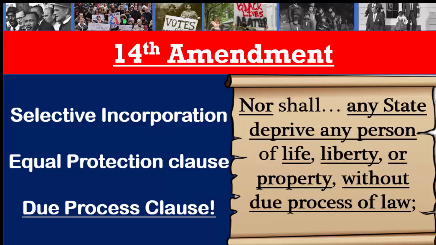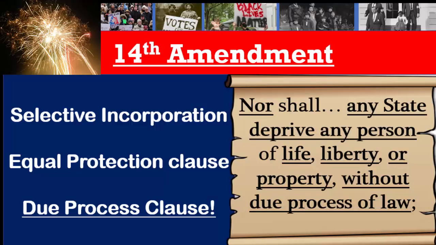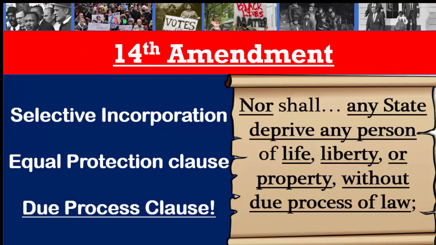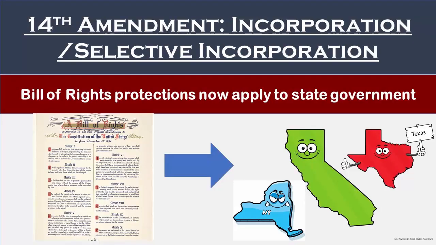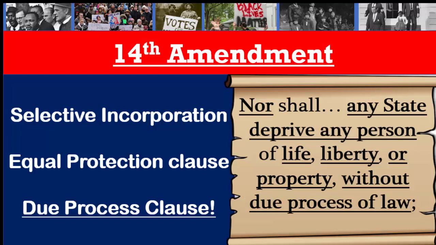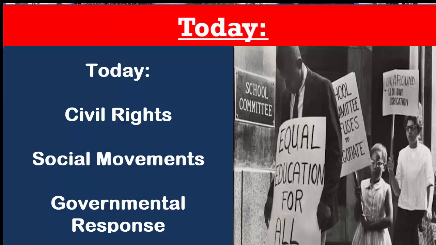Anyway. Can we start by giving a shout out to the 14th Amendment once again? Oh, how my students get sick of me talking about it. Okay, so we talked about it last time, the 14th Amendment with selective incorporation, or how the 14th made most of the Bill of Rights protections apply to state governments. We're going to be looking again a little closer at the Equal Protection Clause, but today let's start out by examining the Due Process Clause. A lot of what we're going to look at today is review, but let's take it up a notch.